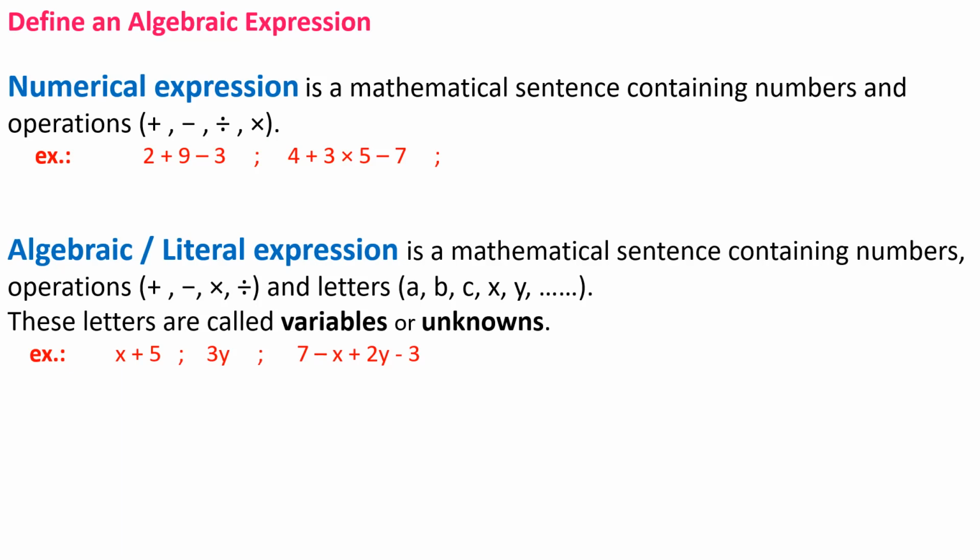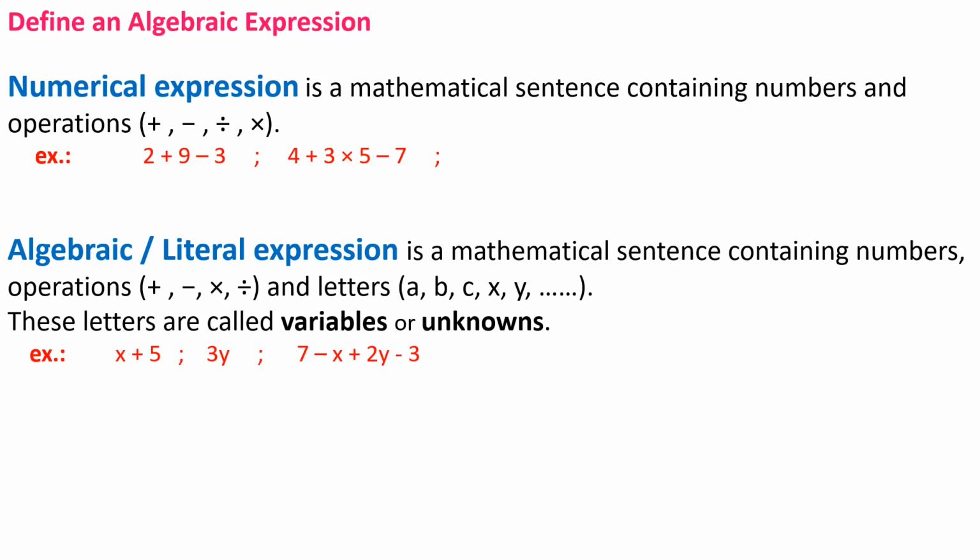What do these letters mean? These letters are called variables or unknowns. They represent numbers in math, but I don't know the exact value of this number. That's why I replace it by a variable or a letter or unknown. As an example, x plus 5 is an algebraic expression. It has the variable x, it has an operation plus, it has a number 5. As if here I am adding a number that I don't know its exact value, I replaced it by x